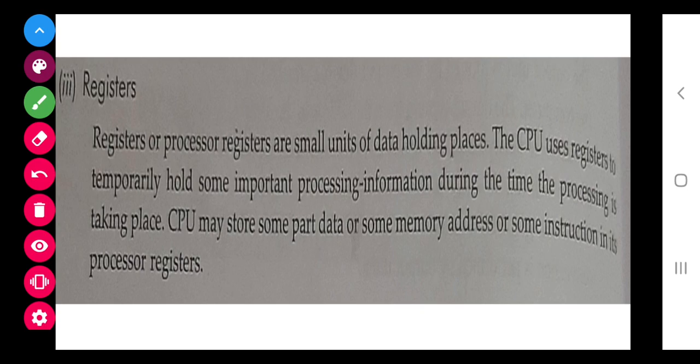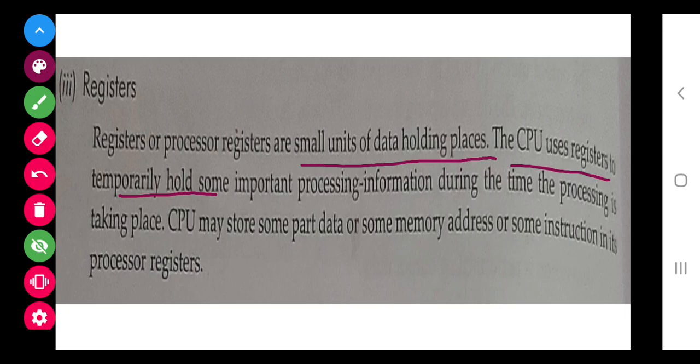Now talking about the register. Registers are a new thing that you have not studied in junior classes. Registers are small units, data holding places. The CPU uses registers to temporarily hold some important processing information during the time of processing.